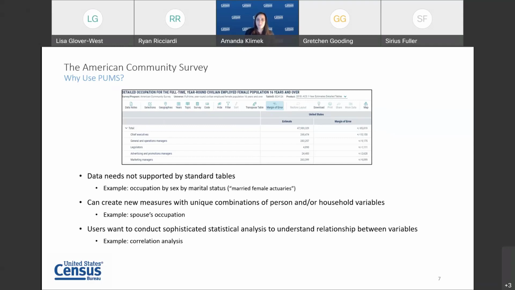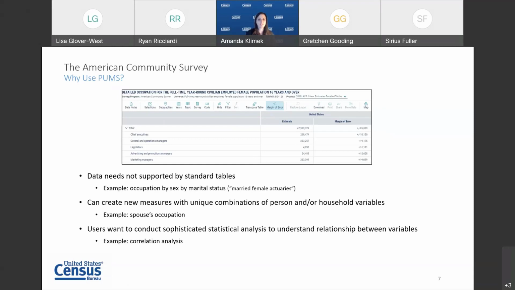To create every estimate in this table, we use responses from a combination of 6 different questions on the ACS that ask about occupation, employment status, weeks worked, hours worked, sex, and age. However, you may be interested in data for a different population or at a different level of detail than what is available here.